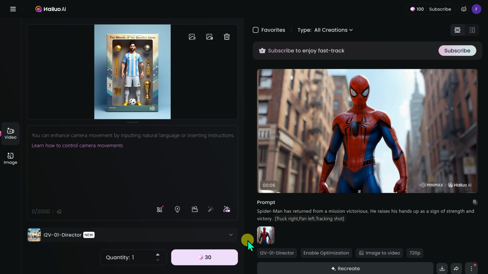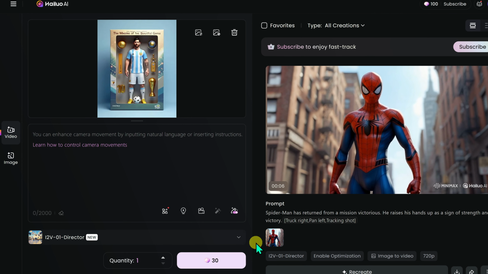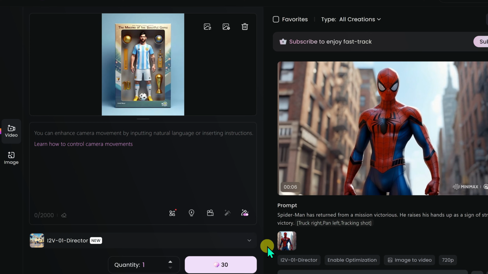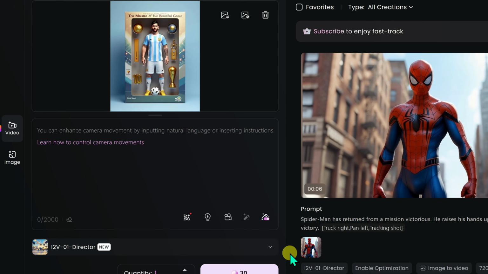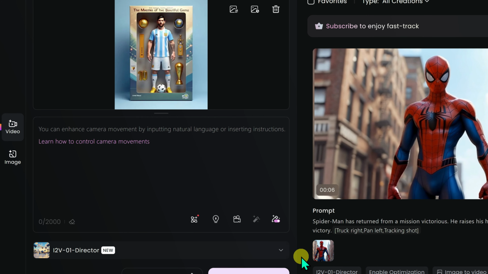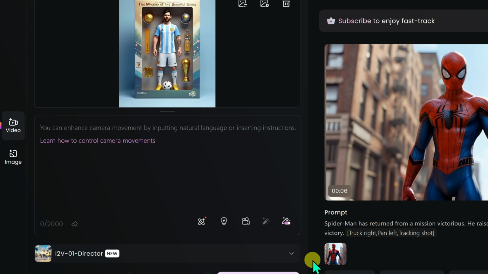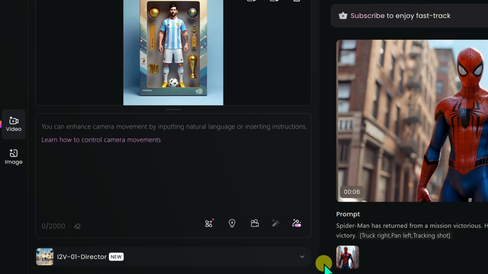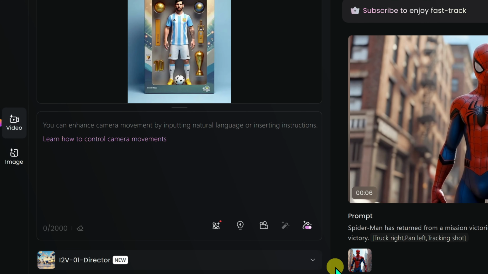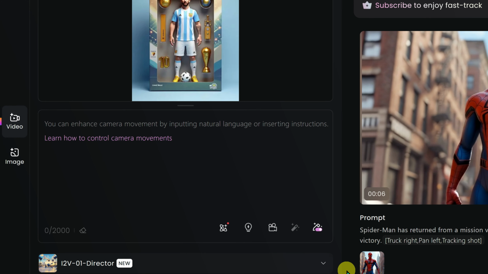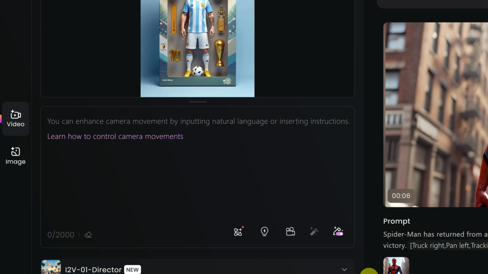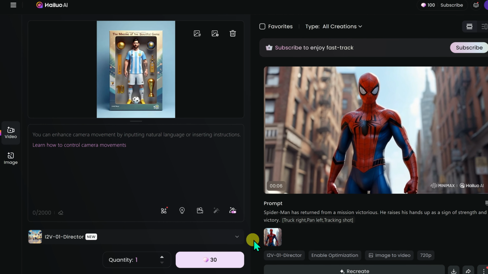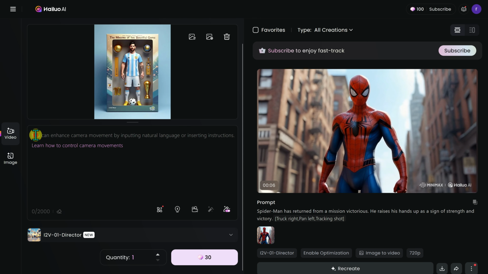Now comes the important part, telling the AI what exactly we want it to do. In the prompt box, I type in all the animation details I'm hoping for. This could be something like, make the action figure move slightly inside the packaging, or animate the glow around the accessories, or even add a dramatic lighting effect and a slight camera zoom. Be as clear and specific as possible so the AI knows what to bring to life. This process may evolve in the future, but as of now, this is how it works. And it's a super exciting step in transforming a still image into a dynamic, eye-catching video.